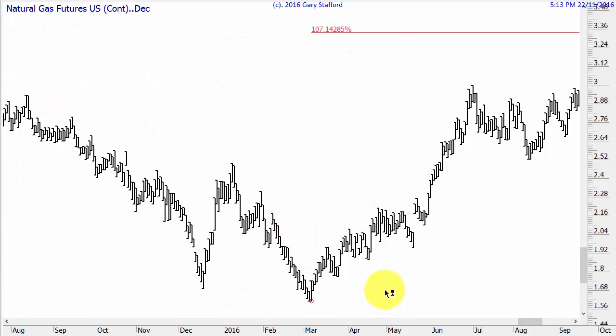Now the next signal I gave was for a possible short at this level here. And now again, the trend is your friend is not true. You can see that when I bought it coming down here, the trend was very much against natural gas going up. So I bought it massively against the trend. Here the trend is going up, and so I'm looking to short it, and I gave a signal for it to possibly top out if it could get to this level here. So I'll play the signal I gave.